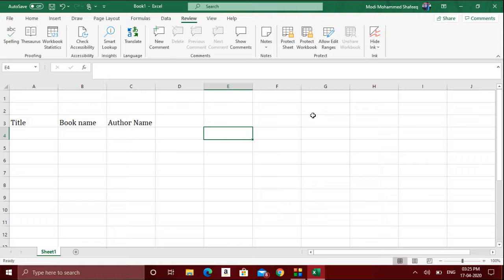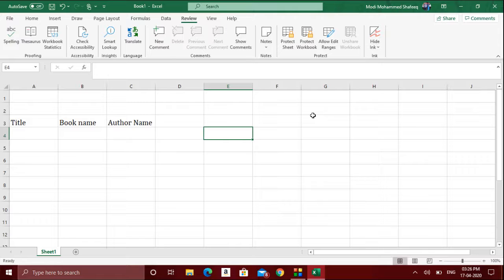Now, another option is available in Microsoft Excel, that is you can allow anybody to open your file, but you protect only the data which is present over the sheets. That is, anybody can see your data, but they won't be able to modify anything.